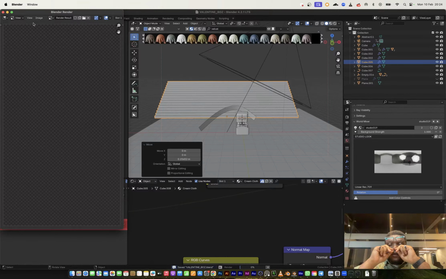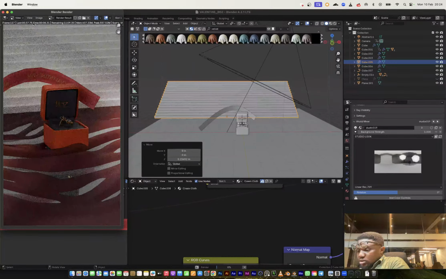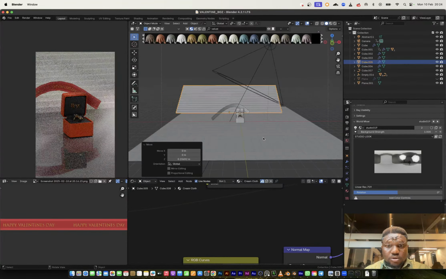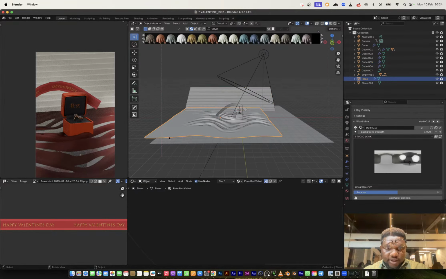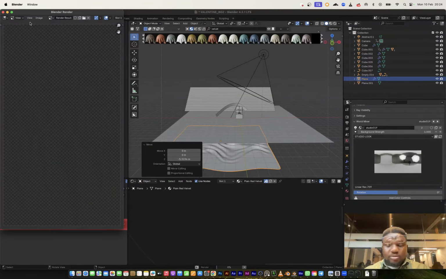From there we iterate to know where we are. I don't know why this is not opening up. Cancel. Alt H, and I can select this cloth right here and just move it out of the way. So render image, let's see.